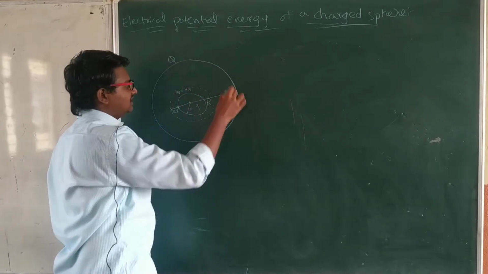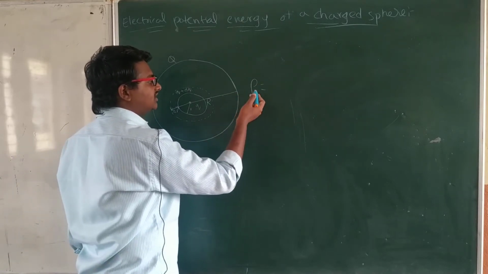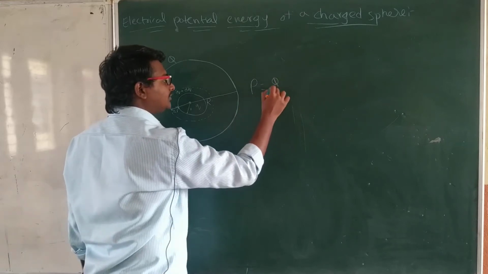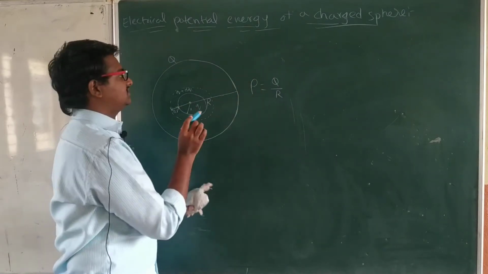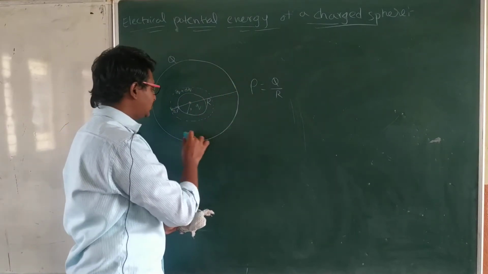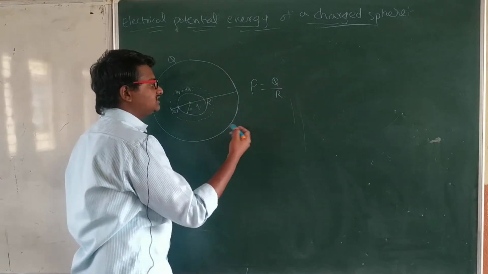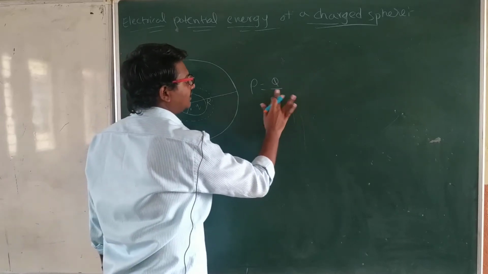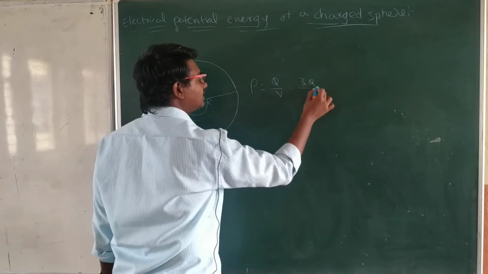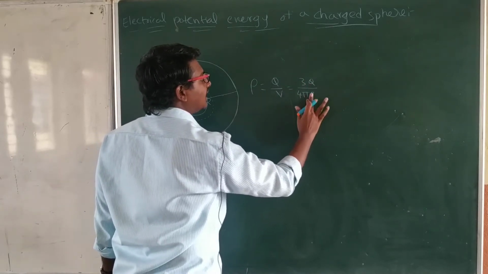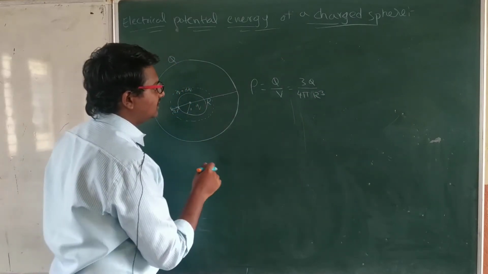Okay, first of all let's consider rho. What is rho? Rho is nothing but the volumetric charge density, or volume charge density. See here, density is not changing. It means density is constant in each and every place in the sphere. Uniform density means rho is Q by total volume V, that is equals to 3Q by 4 pi R cube. 4 by 3 pi R cube means volume, and the 3 we have shifted upwards.